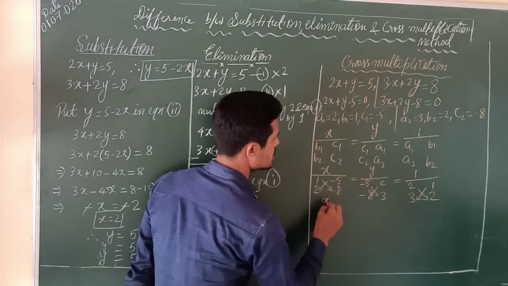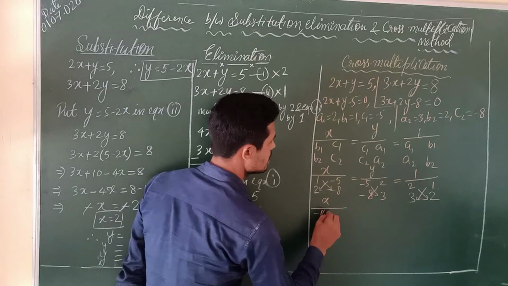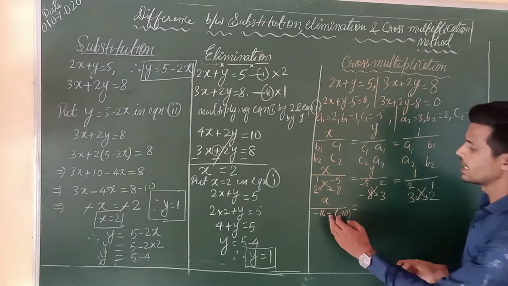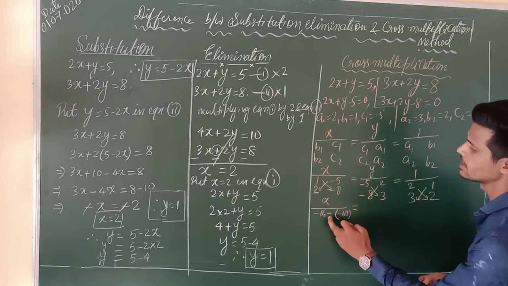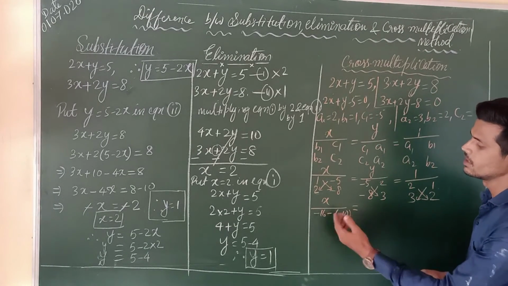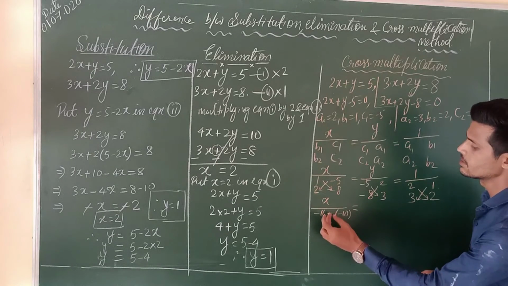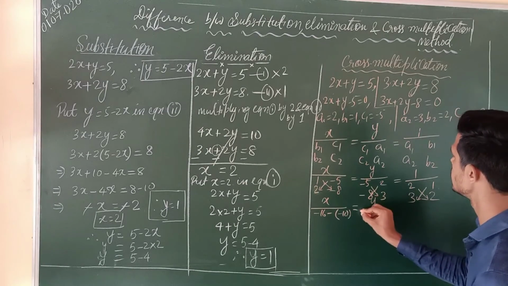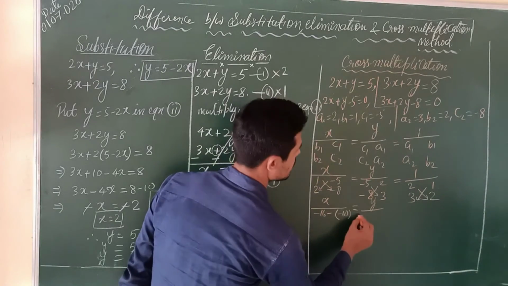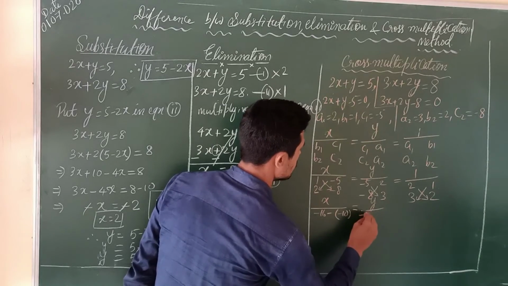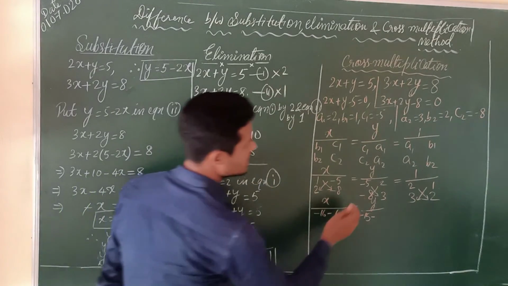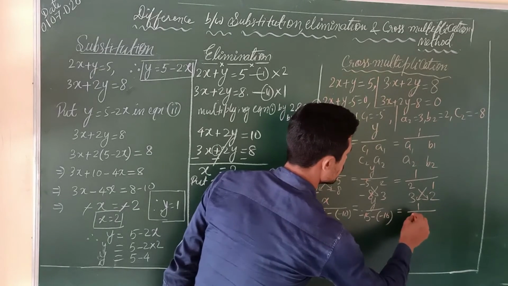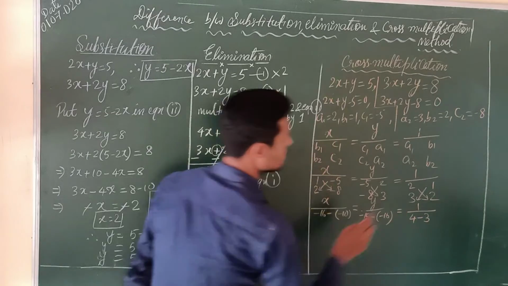So we get x upon 2 8s are minus 16, then minus 2 5s are minus 10. Now the question arises: why have I put a minus here? Because in the formula this minus comes just after the first number; this is the formula rule, you have to put minus here. Similarly, y upon 5 3s are minus 15, and this is the formula minus, then 2 8s are minus 16. And 1 upon 2 2s are 4, minus by the formula, 1 3s are 3.